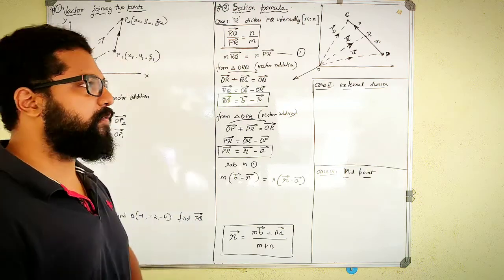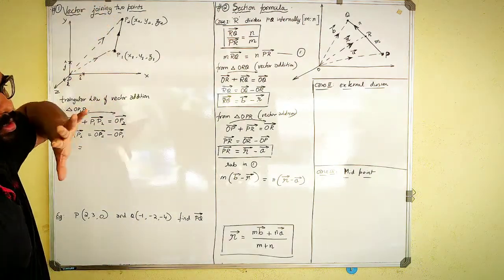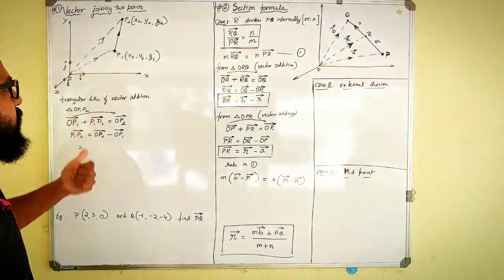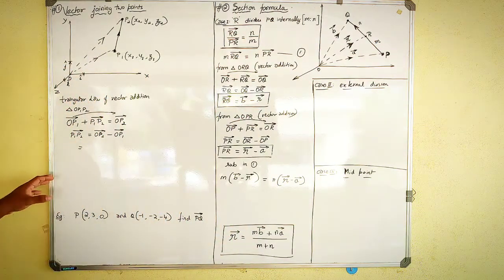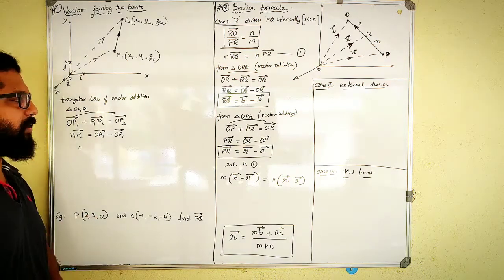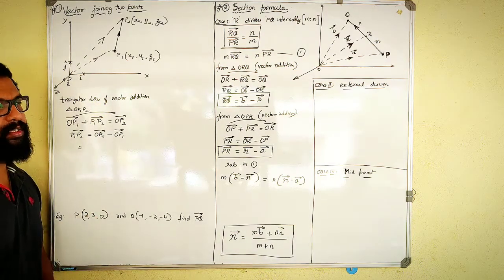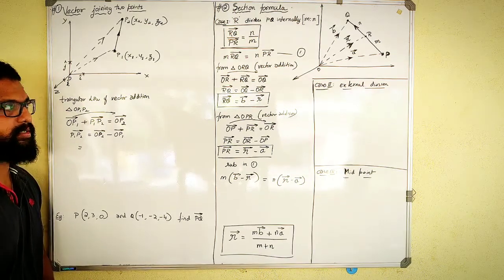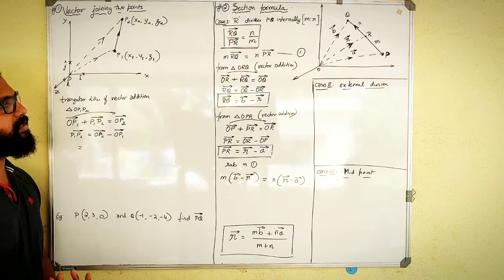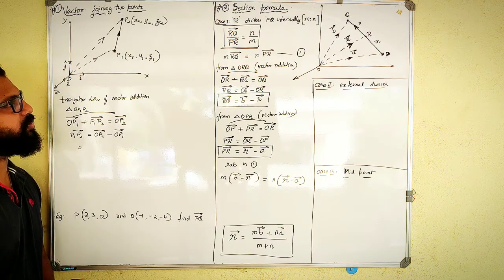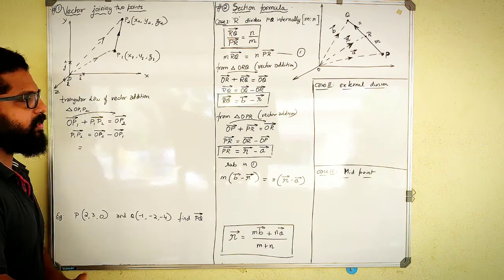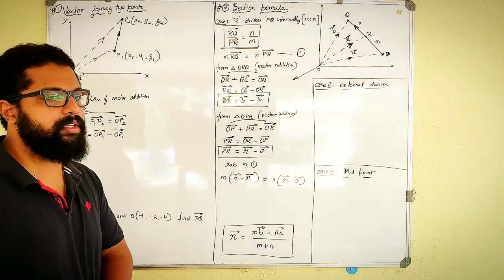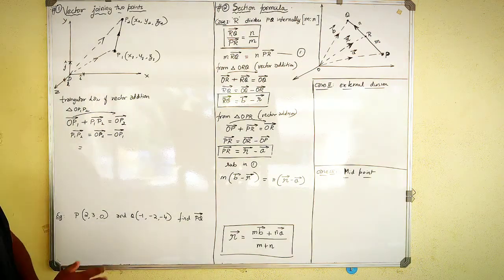In order to find an equation for those 2 points joined in the 3-dimensional system, we are going through this derivation. This derivation might be asked for 2 marks maximum, or they can twist it and ask you to find an equation for the line joining 2 points in a coordinate system. So listen carefully, it is very easy, nothing big. Understand this, then remember it quickly. So we'll begin with that.